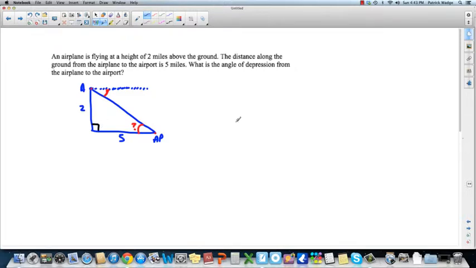Okay, so which ratio are we going to use this time? If we're looking from this angle, what sides do we know? We know this one, opposite, and we know this one, adjacent. That's not the longest side. The longest side's here. This is the hypotenuse, so this is adjacent. So SOHCAHTOA, which one are we using if we have opposite and adjacent? We're using tan. So tan of, we don't know the angle, so I'll put tan x equals opposite, which is 2 over